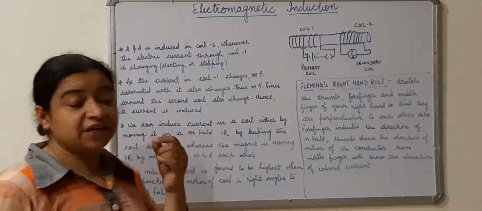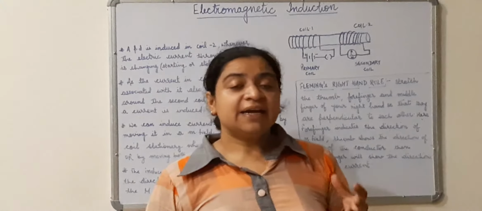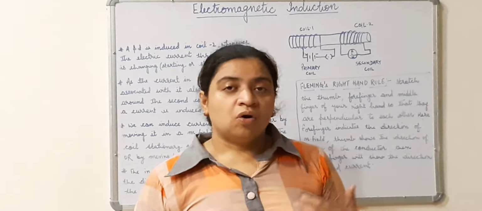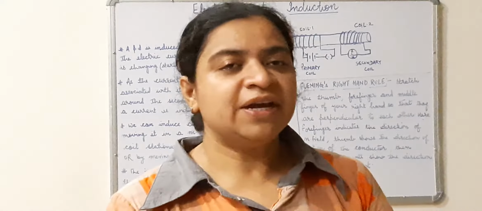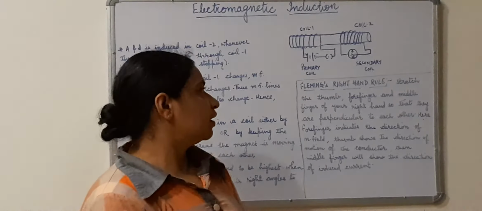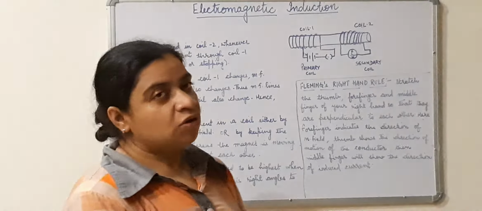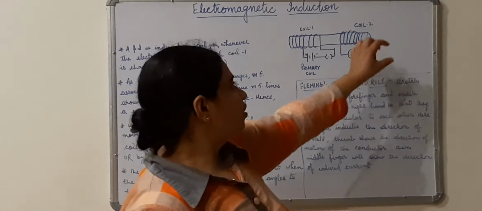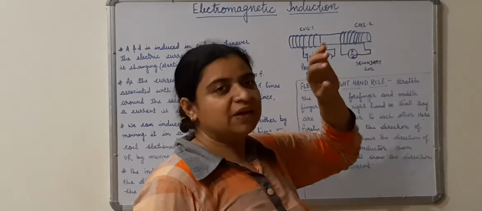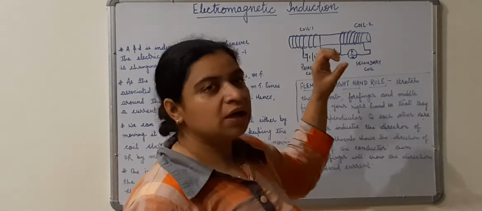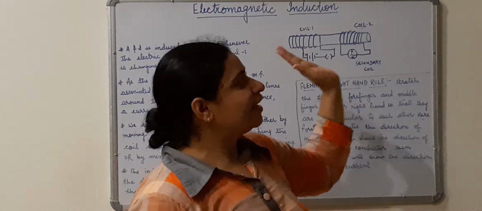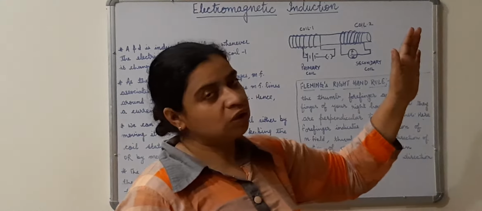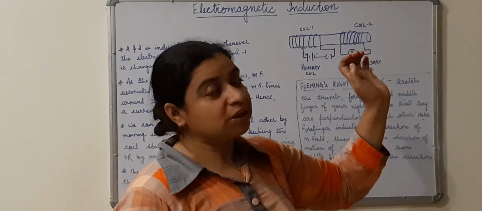In the previous activity we had taken a coil of n number of turns of copper wire. Then we had also taken a galvanometer connected to the coil, and then we had kept a bar magnet near the coil. When we take the magnet towards the coil, we had seen a momentary deflection in the coil, and then again when we take it away, we note down a momentary deflection, but now in the opposite direction.